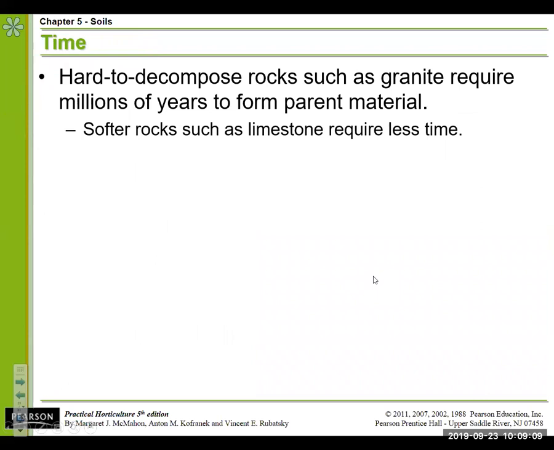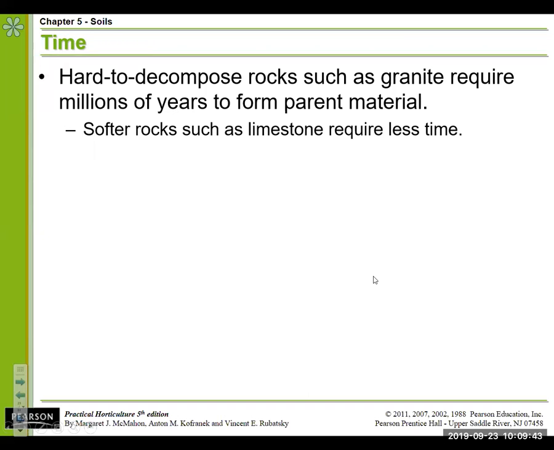Time is all of these different soil formation factors that we've been talking about, basically just interacting together over time. So the harder the rock is to decompose, the longer it takes for it to decompose. So the younger a soil is, and really this isn't necessarily, again, a good thing or a bad thing, it just means that it's often less developed